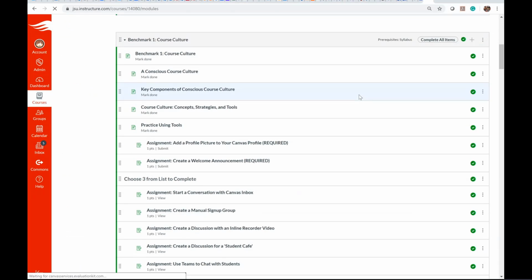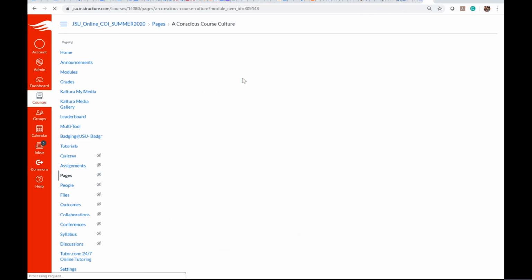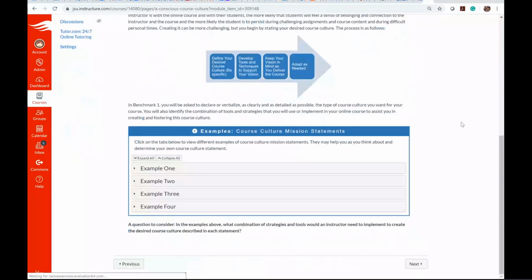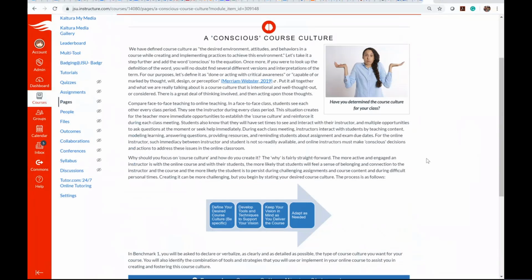In module one, just for example, it's course culture, and you read a lot of what I feel is really good content, and I hope you're either taking notes or printing these pages out because this is really good reference material that you should keep on hand every time you go to look at building a course or redesigning a course or just thinking about how to do an assignment. So that's the first thing I want to mention.